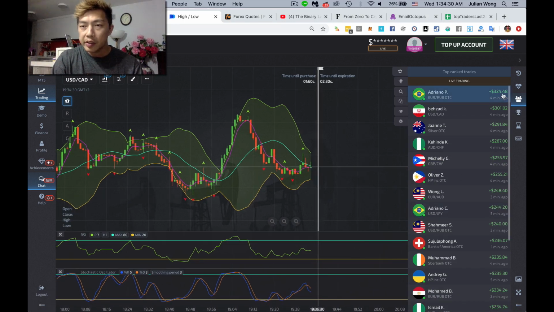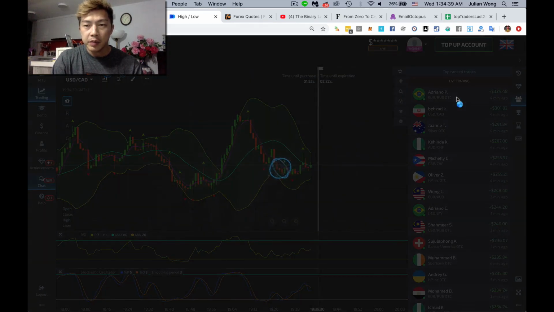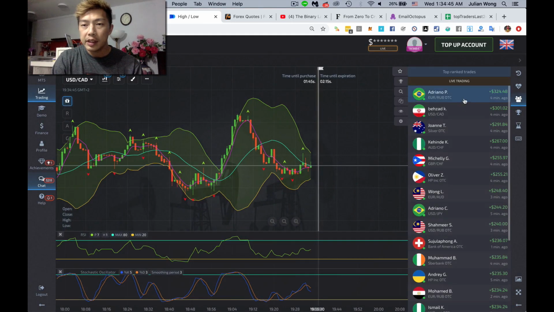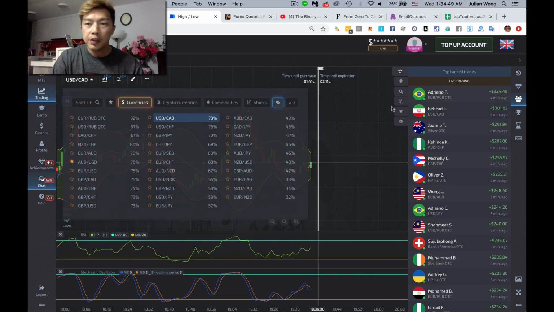If you notice, all these guys, you can actually see what they're doing. This is like 4 minutes ago, and these are quite updated. So we can actually get an idea of what kind of trading he's doing. In this chart, this is the Euro Ruble OTC. First and foremost, it tells me that he's doing OTC, which personally I find is not reliable